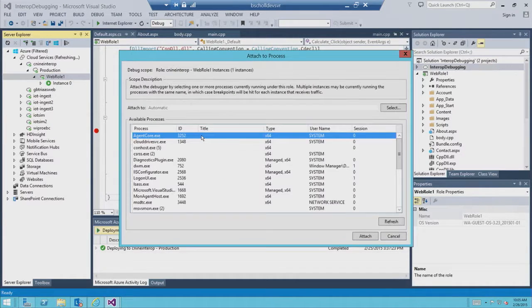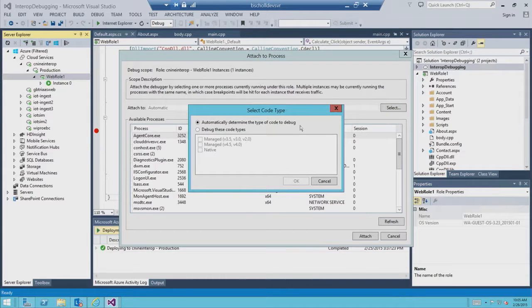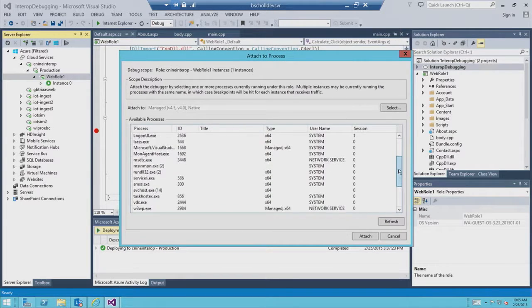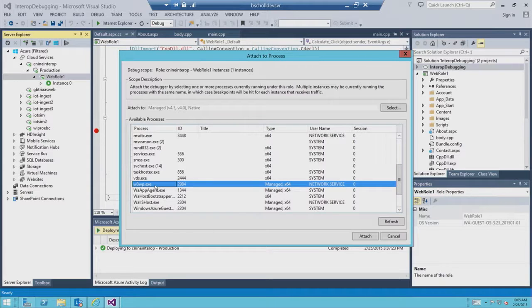Then a familiar window comes up. It's basically the debugger, and you can select what type of applications you want to debug. In that case, I want to debug a managed and a native application. I'm going to hit OK. Then here I'm choosing the process that I'm executing, because I'm running in the web context. I'm executing a W3WP process. We also made the list of processes available to you